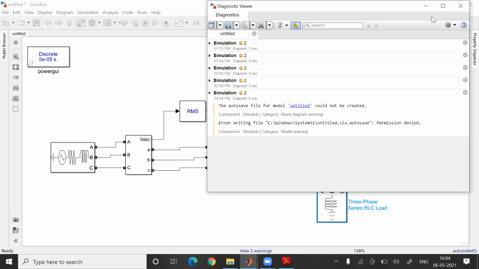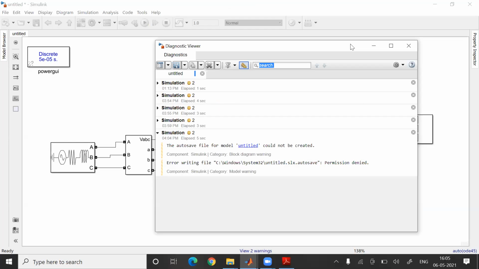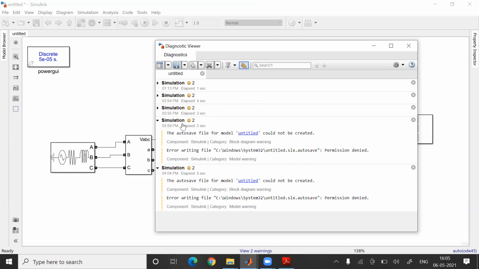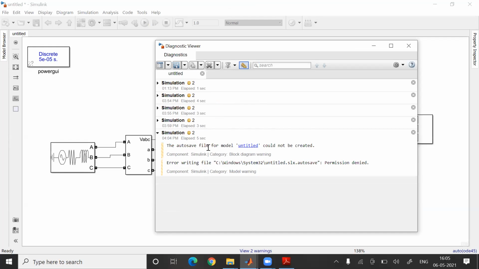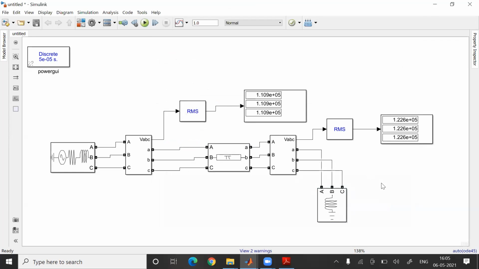Let me see what warning it is giving. Could not be created, really finding auto save. There is no error to find. It's not been saved.